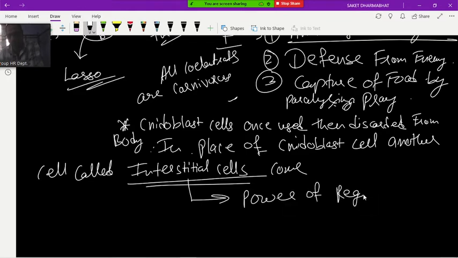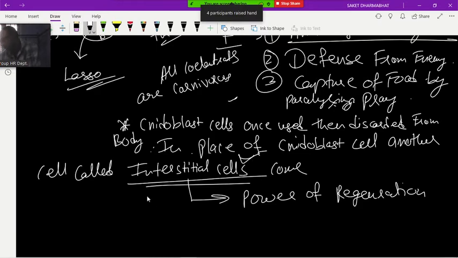Sir, after this interstitial cell is used, then instead of that, another nidoblast cell will come, sir. No. Once the nidoblast cell is used, then what happens? Nidoblast cell will be detached out of the body of the coelenterate, and in the ectoderm a new space will be there. In that a new cell will form. The name of the new cell is interstitial cell. Sir, but this is nidoblast only, with another name? No, it is not nidoblast. Nidoblast has gone out. It is fixed in the body of the host.